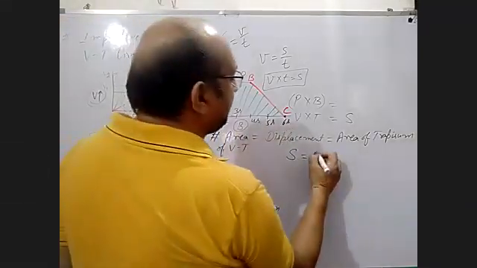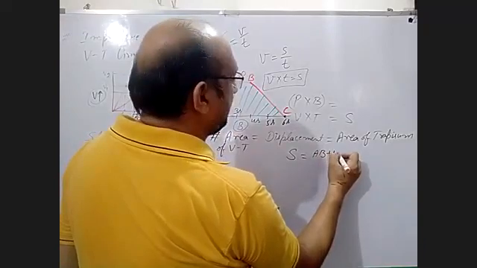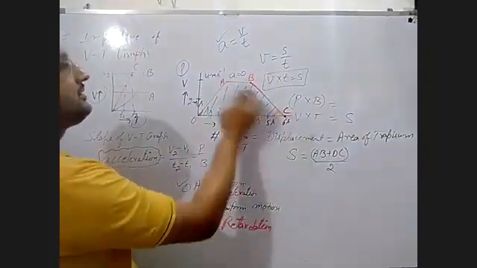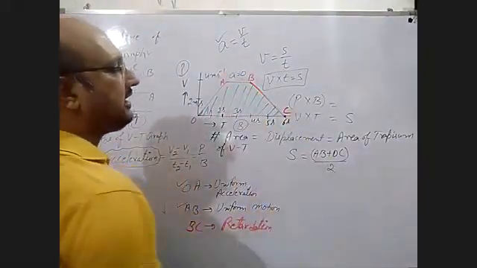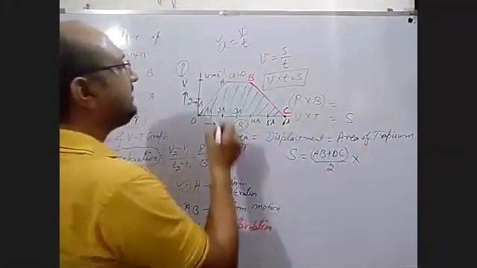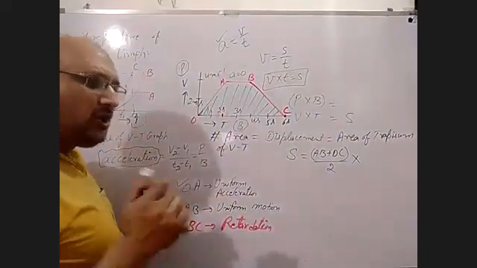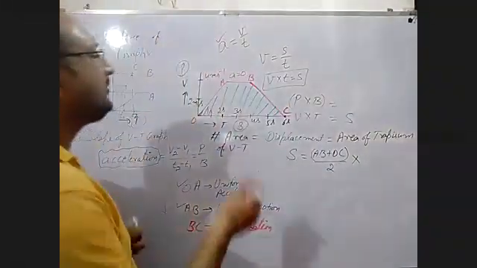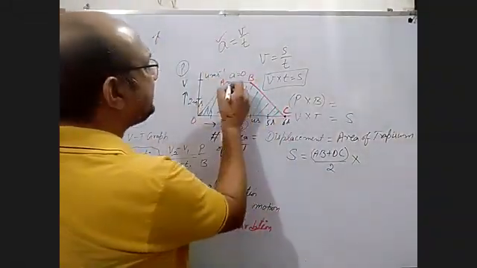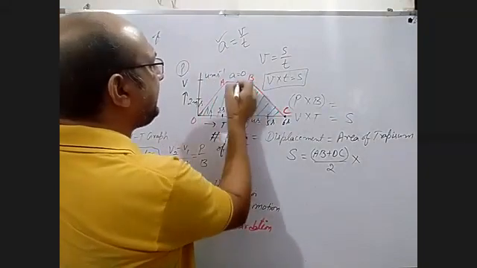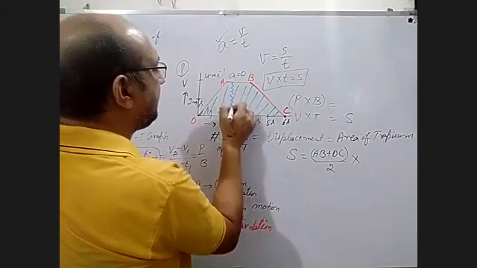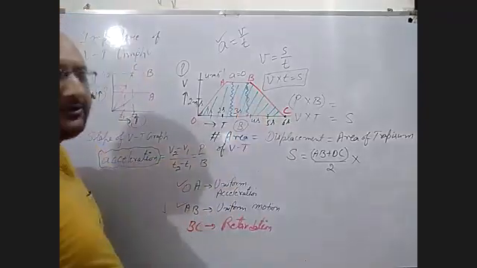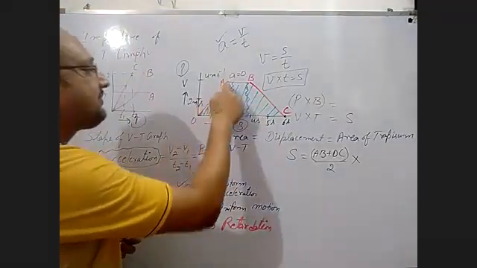You can see here, the parallel sides are AB and OC. And you have to take half of this, half of AB plus OC, and multiply this by its shortest distance, or perpendicular distance, you can say. And what is the perpendicular distance between AB and OC? This is the perpendicular distance. You can take it from A, from B, and in between. You can take it from anywhere, and this is the perpendicular distance.